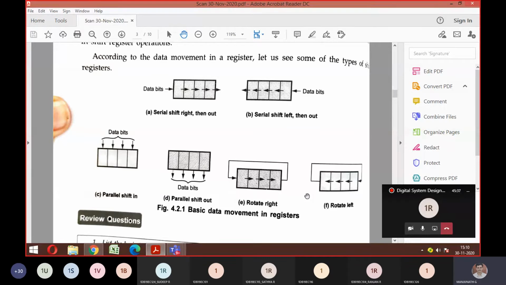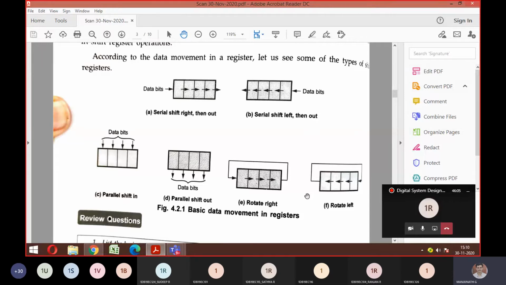If we take types of shift registers, you have 4 types. The first one I'm going to call serial in, serial out. That is why we'll call it SISO. Serial in, serial out. The way inputs are coming, in the same way I'm taking the output. Again in that concept, if we shift left hand side what happens? Right hand side what happens?